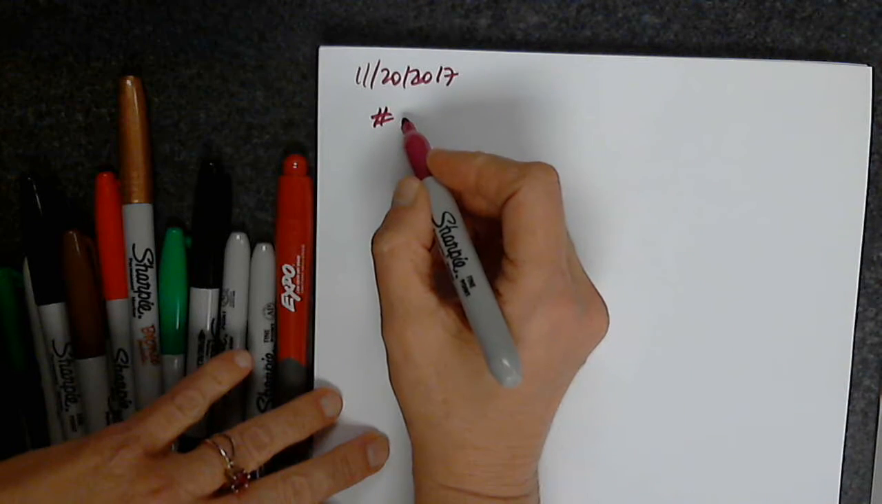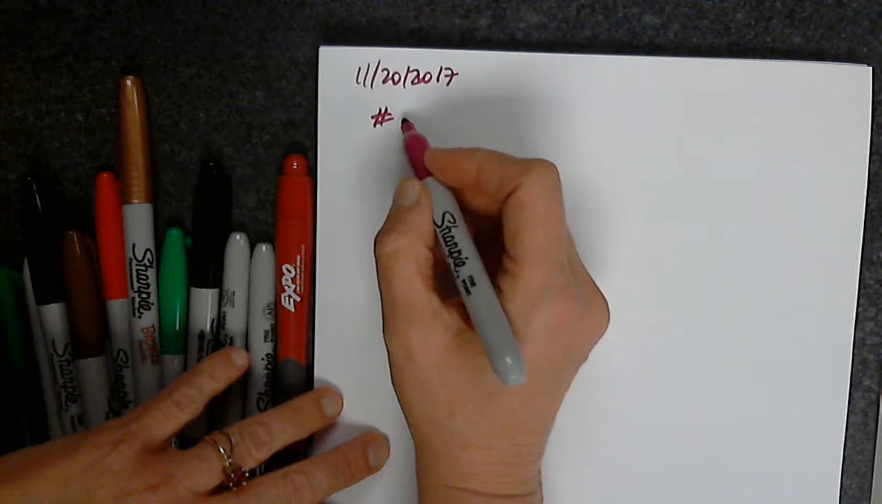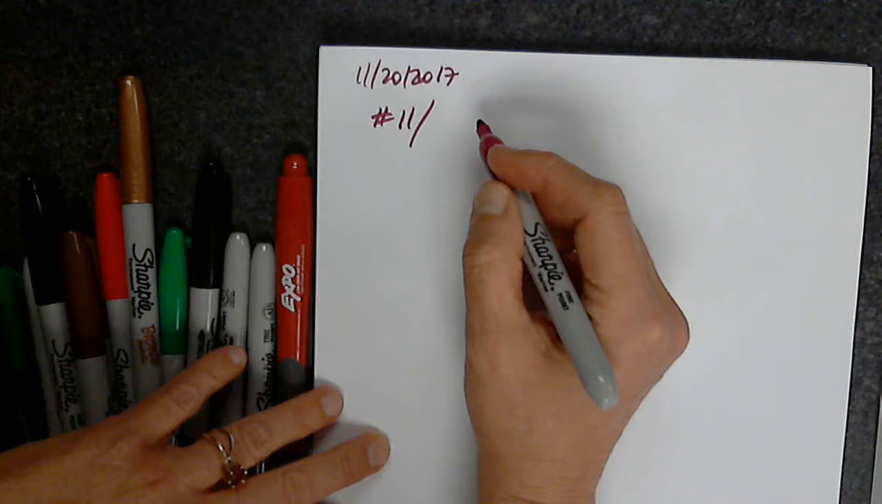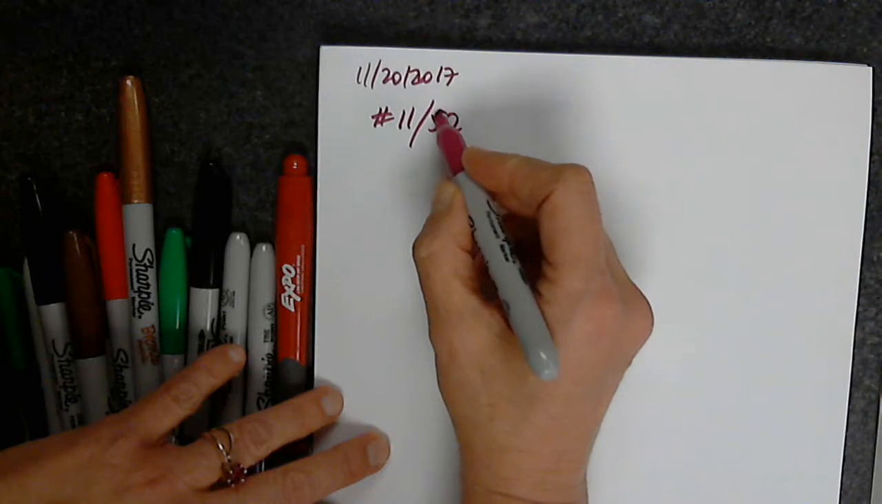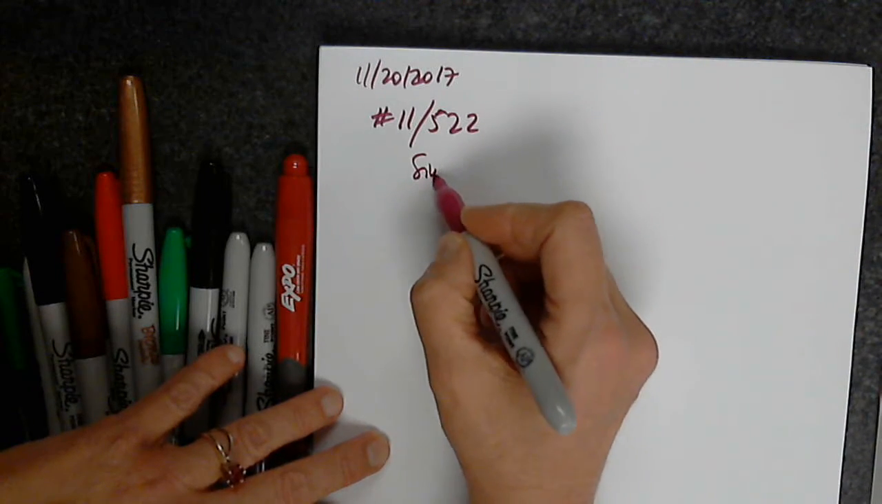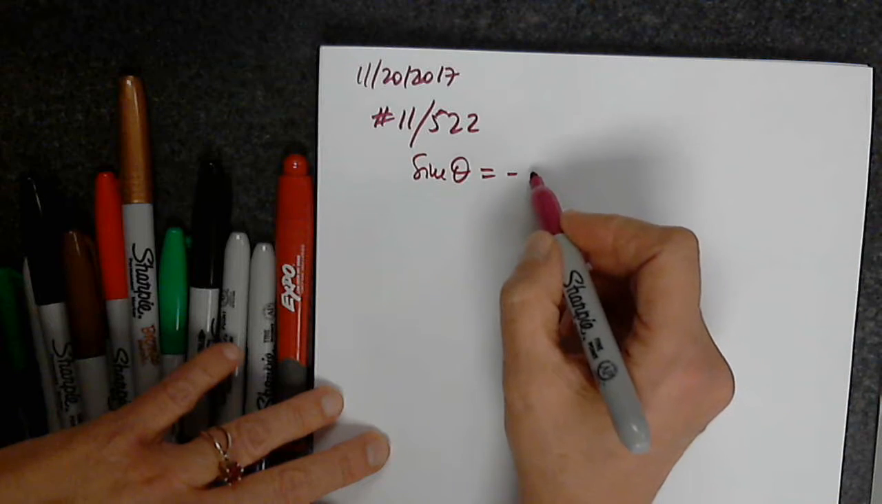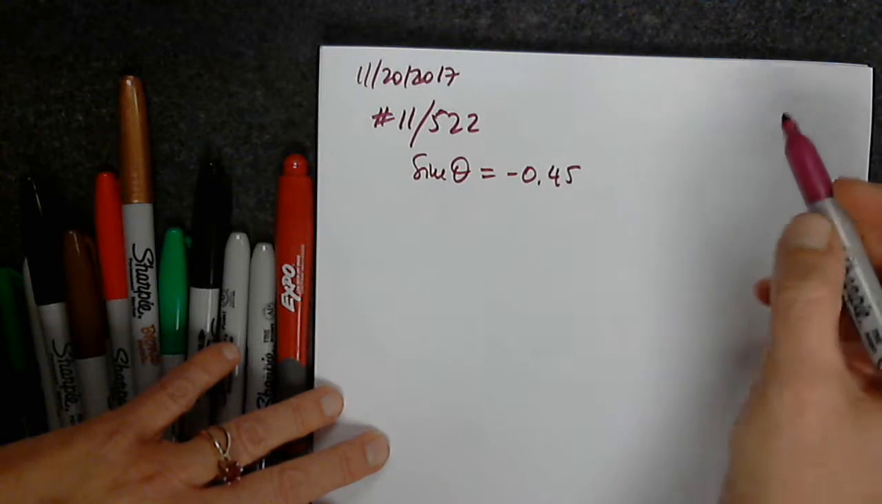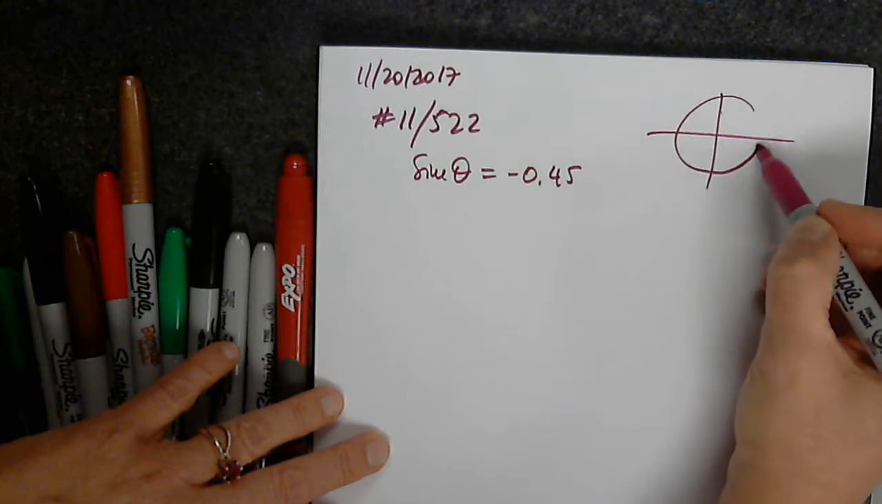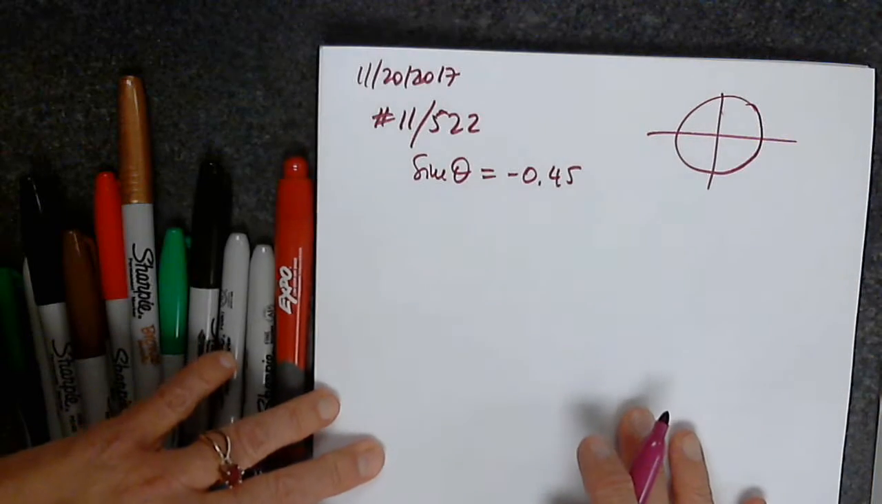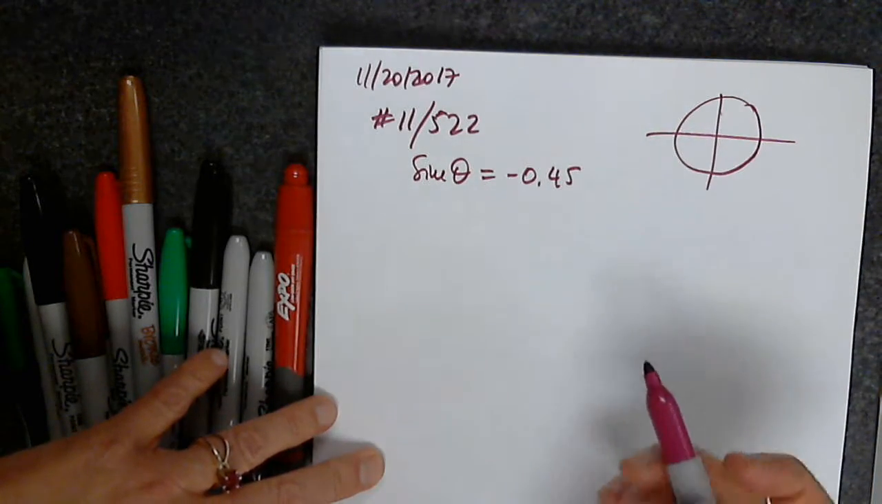The problem is problem 11 on page 522. It's just sine theta equals negative 0.45. If that's the case, we have no idea what the angle is, but remember sine is defined here,